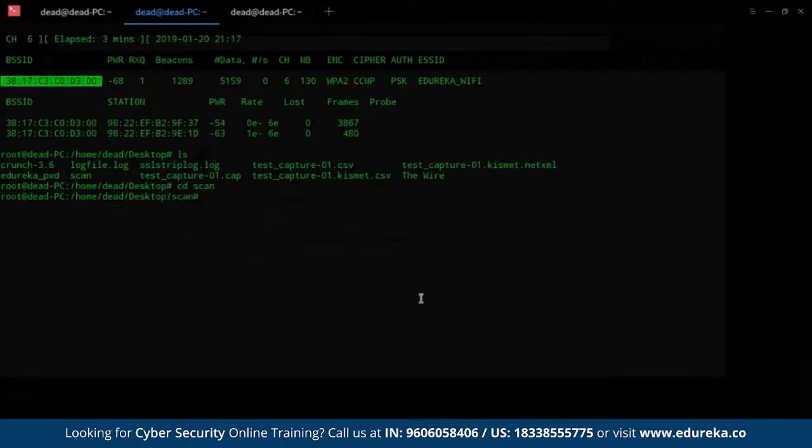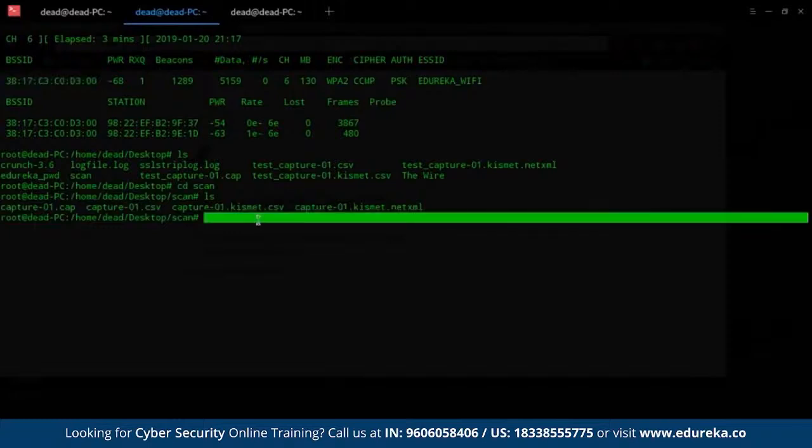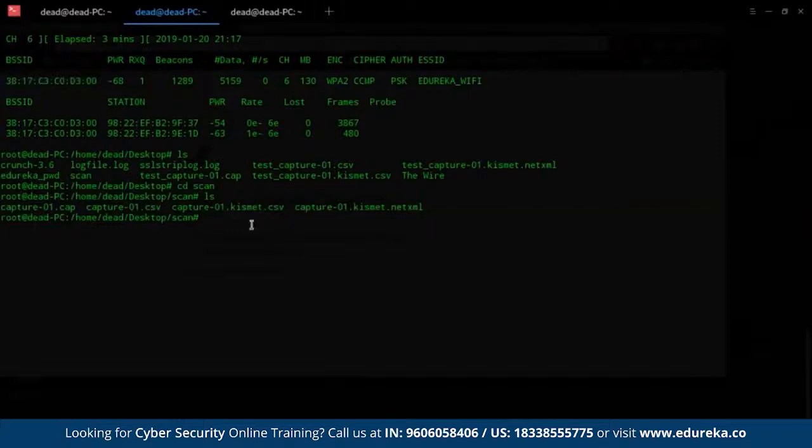As you can see here, if I list the files, you can see capture1.cap, capture1.csv, a Kismet CSV, and a netxml. So I was not lying when I said that I have already done this at home. We are going to run our cracking process on capture01.cap. Let me tell you, the password for my home Wi-Fi is sweetship346. So you can say that I know the entire password, but I'm going to act like somebody who only has a general idea of what my password looks like. Let's say I know that my password contains sweetship, but I don't know the last three numbers or letters, or whatever they may be.